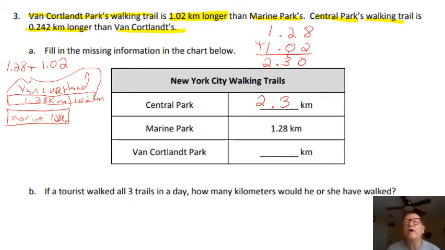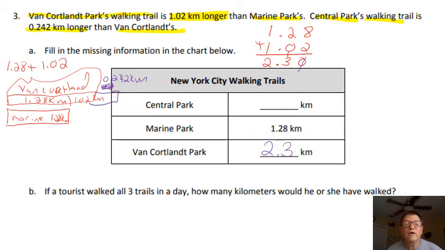Remember, I didn't need to put that hundredths in there because it was a 0. Now let's see what about Van Cortlandt's. Okay, it says Central Park Trail is 0.242 longer than Van Cortlandt's. Oh, so I can see that I would have to add another section on here, and that would be 0.242 kilometers longer. So I need to add that on to Van Cortlandt's. I wrote Van Cortlandt's in the wrong place, so let's go ahead and do that and get Central